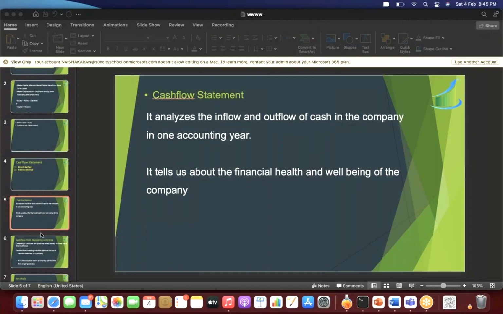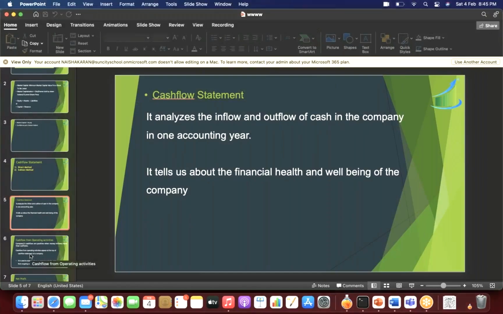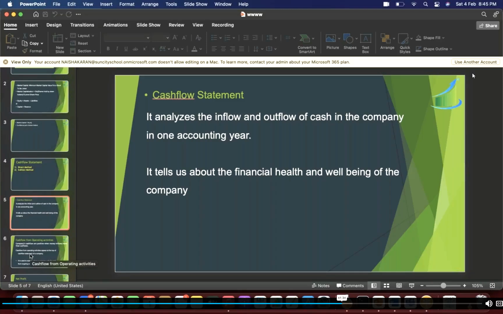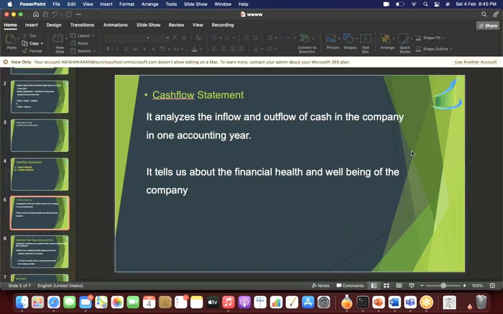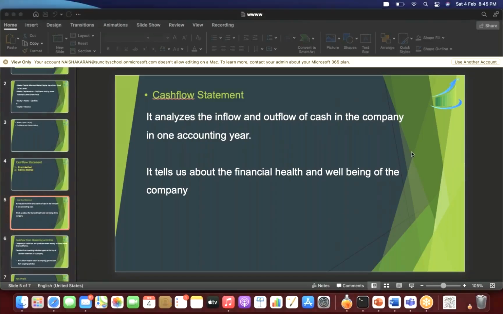If this is clear, then we move on to the next part, which is the first part. Please remember that when you are analyzing any company and you're not preparing the cash flow statement, the cash flow statements which have been provided on the sites are always the indirect method. And I'm going to do the indirect method only in detail because we don't have to prepare the cash flow statement. We just have to analyze it.